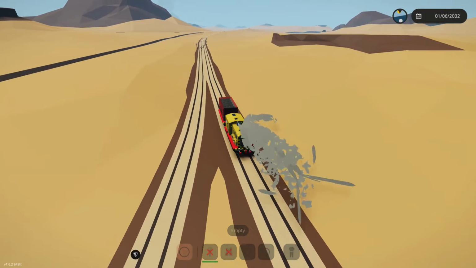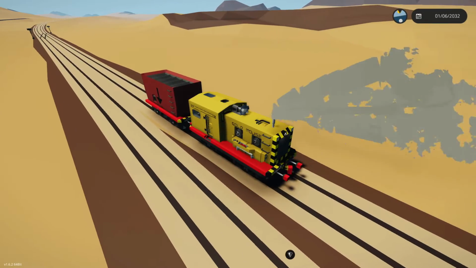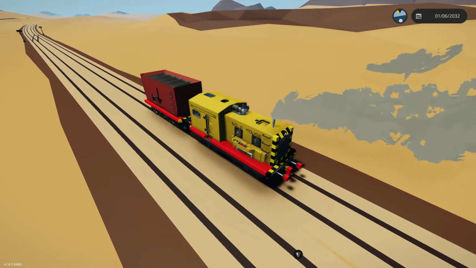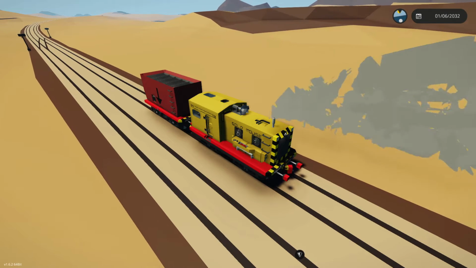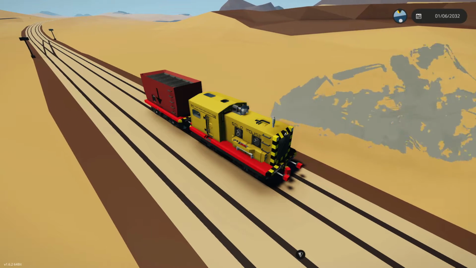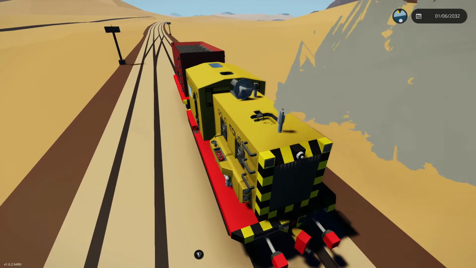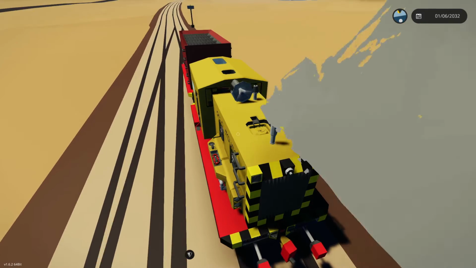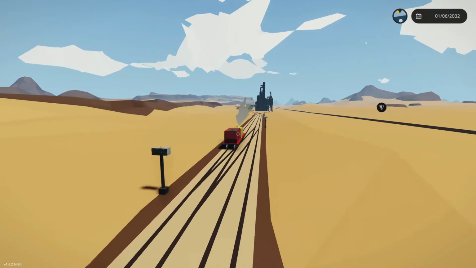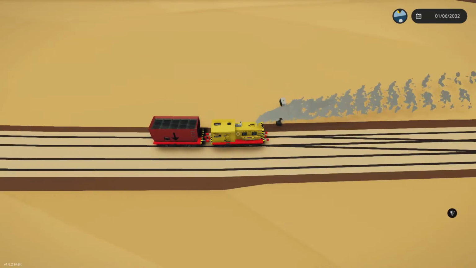So we've got plenty of time to react. If the points are set right, we can even just switch into forward gear and go down the other rail, but we'll see what they're set to. That one is set right. What about the other one? How's the light on the other side? Yeah, it's set right. Okay, cool. Once we get past the points, we can then go...